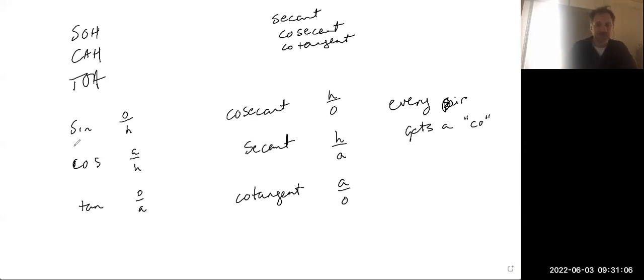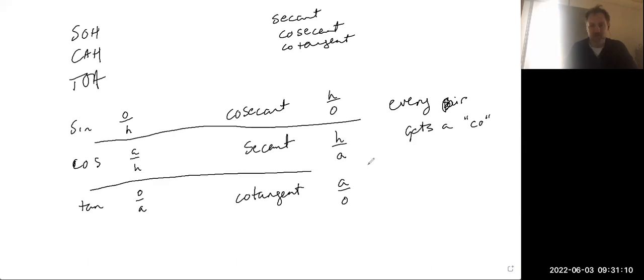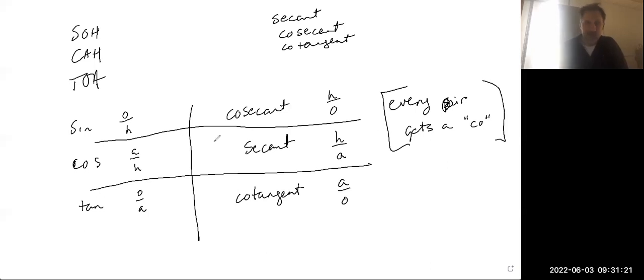So you're not memorizing three more things, and there's not a separate phrase like SOHCAHTOA that goes with cosecant. What I do is just remember that every pair gets a co, and then I kind of line it up and map it out. So you probably have a type of problem where,